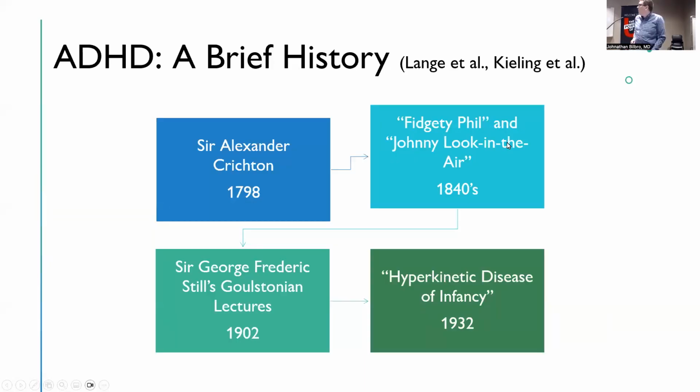Okay, so I thought a good way to set the stage here would be to cover a brief history of ADHD as a psychiatric diagnosis. And to do this, we have to look back pretty far, all the way back to the late 1700s. There was a Scottish physician named Sir Alexander Crichton. He did have an interest in mental illness, and in 1798, he published a book, the title of which I have here because I wouldn't remember it without some notes.